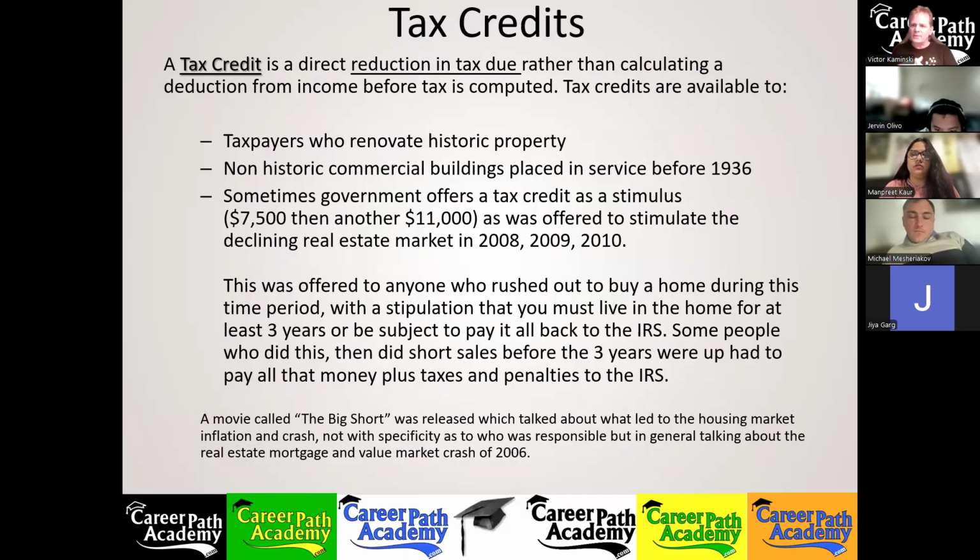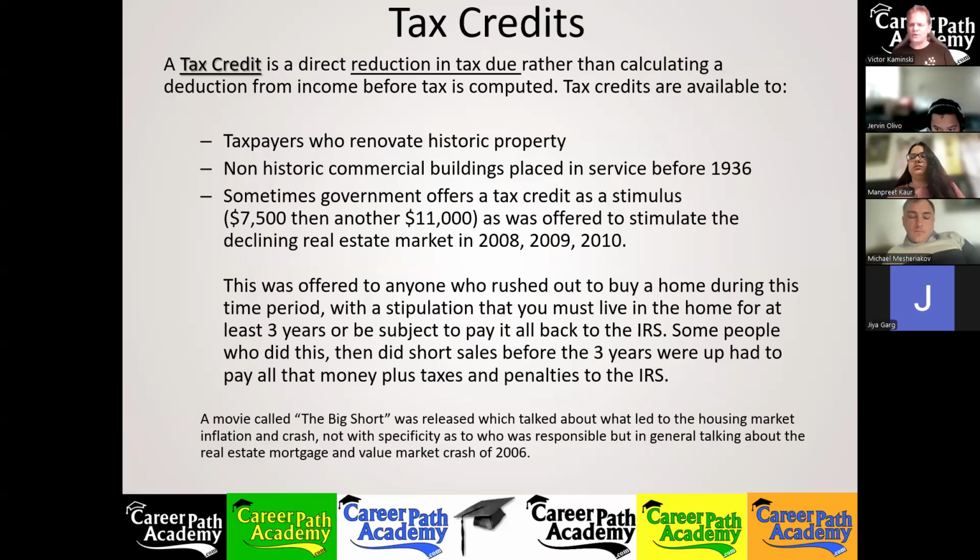Now all of these properties were getting foreclosed on, so they figured in all their arrogance that they have a solution that they could put a stop to it. All they got to do is convince enough people to rush out and buy a home. If you got enough people rushing out buying homes, then the values aren't going to be dropping, right? Oh yeah, see, we got the answers. So they try to incentivize people by offering them $7,500 to rush out and buy a home.